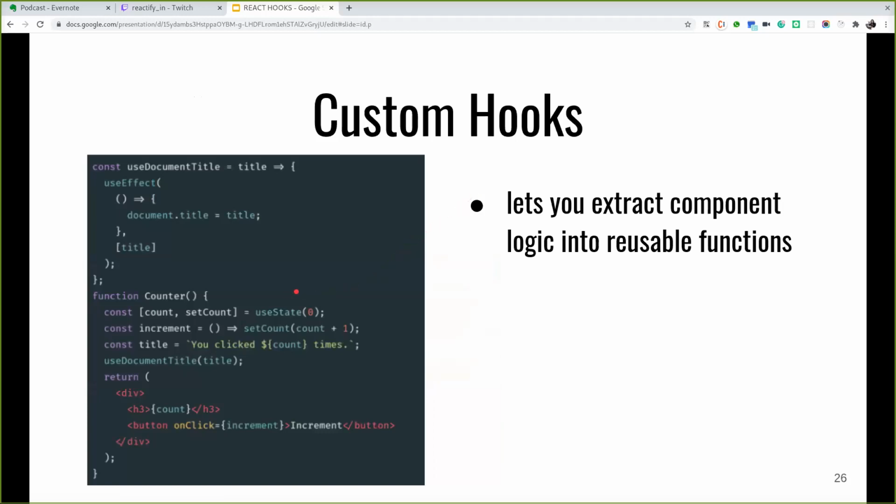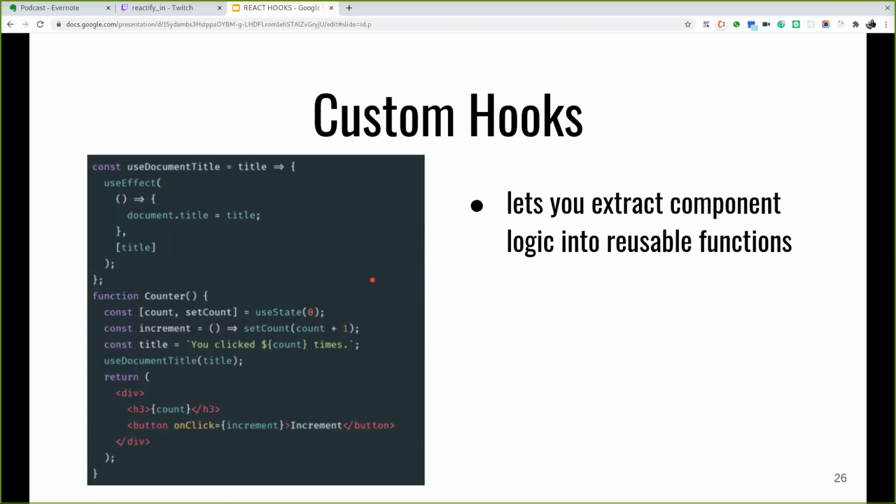There might be instances where you have been using the same repetitive and redundant stateful logic inside multiple components, and we are able to handle this situation by relying on render props and higher order components. But with hooks, we can do it in a much simpler and cleaner way.